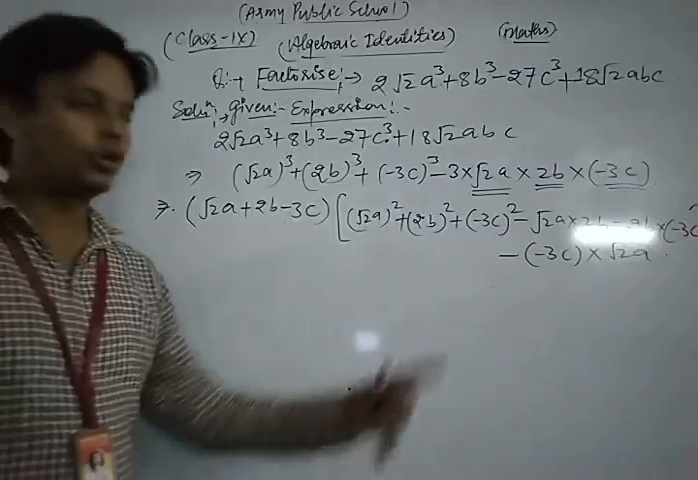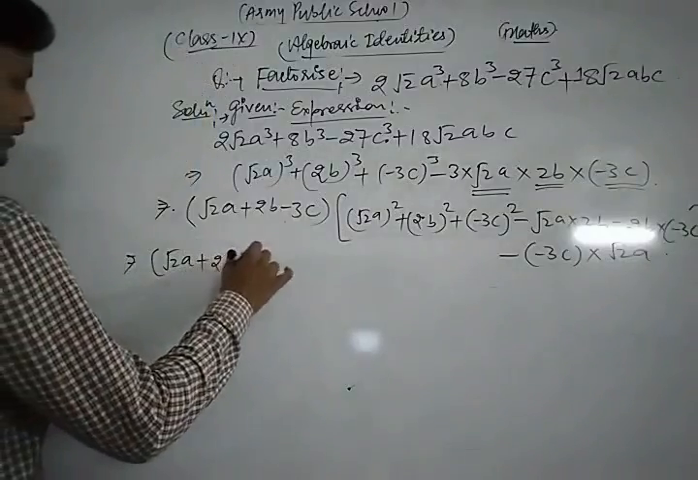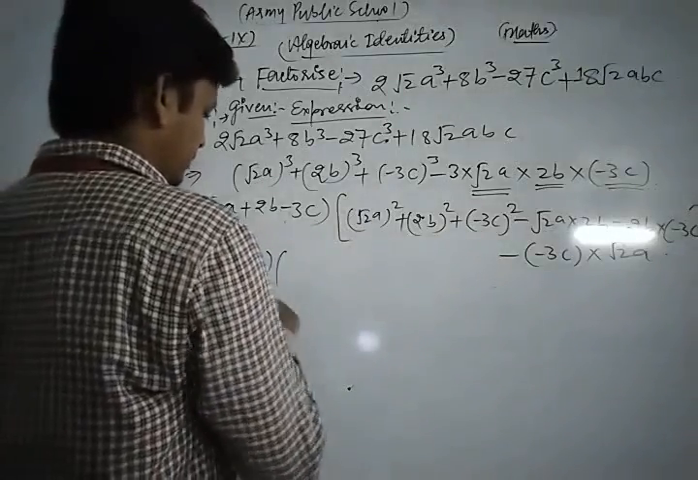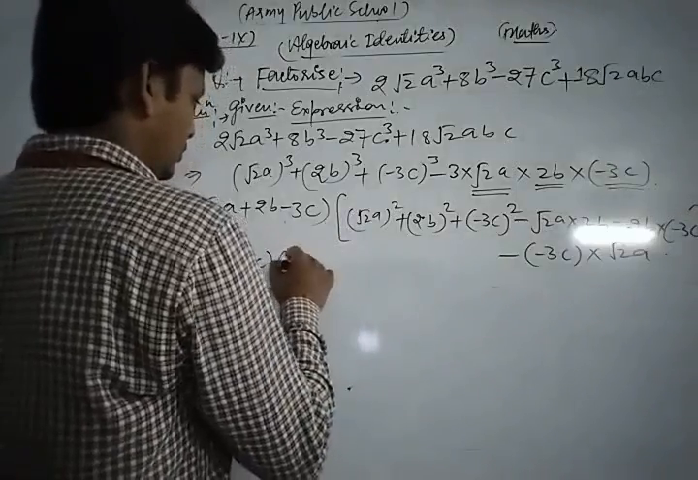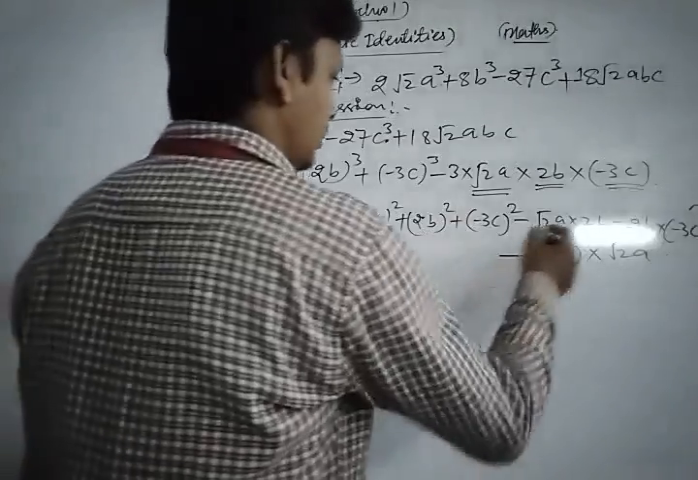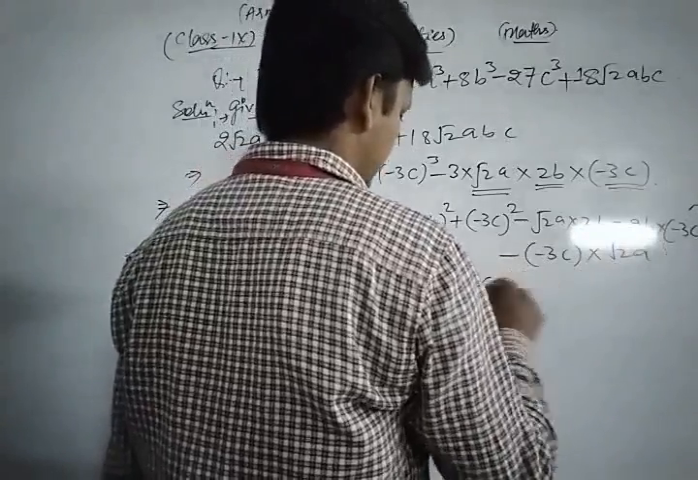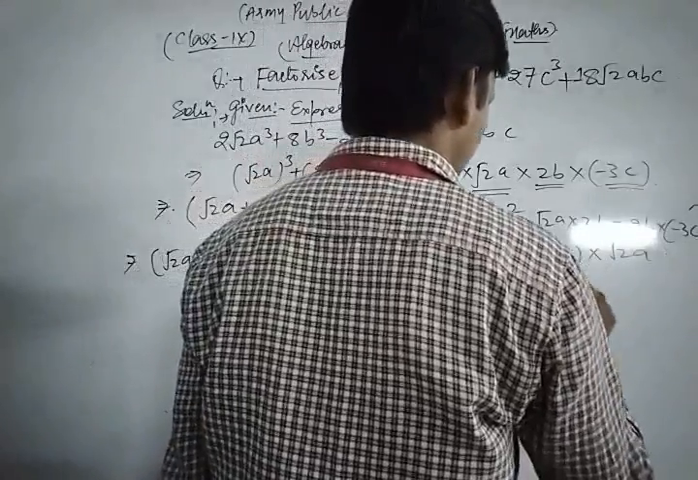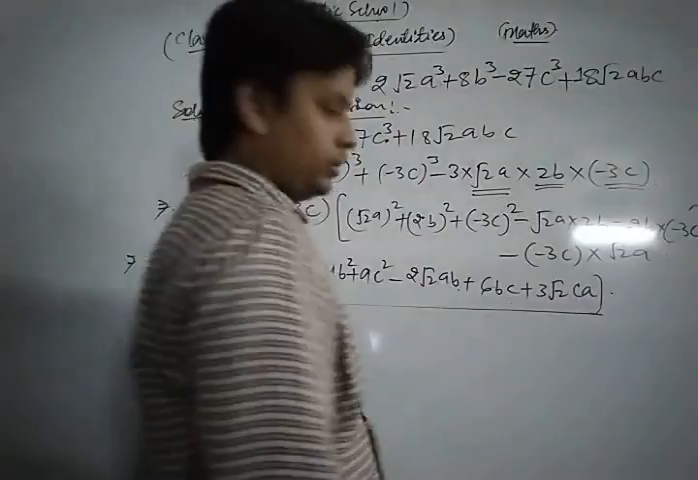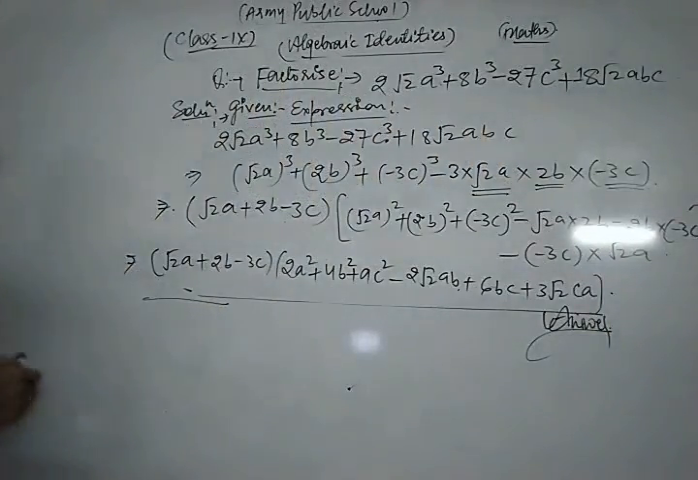Now we simplify them, so we write under root 2a plus 2b minus 3c in one bracket, and in another bracket we have 2a square plus 4b square plus 9c square minus 2 under root 2 ab, minus 6bc, and plus 3 under root 2 ca. This is the required solution